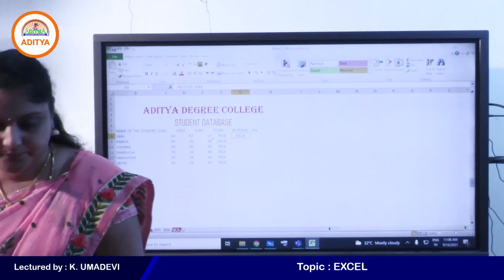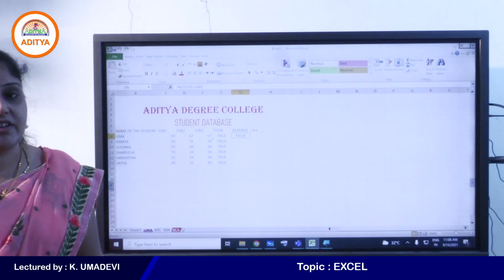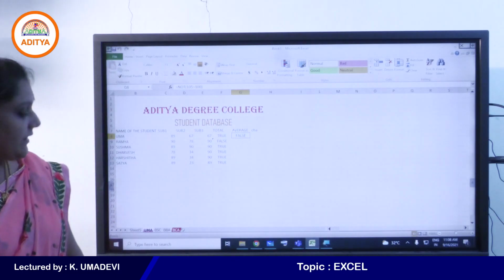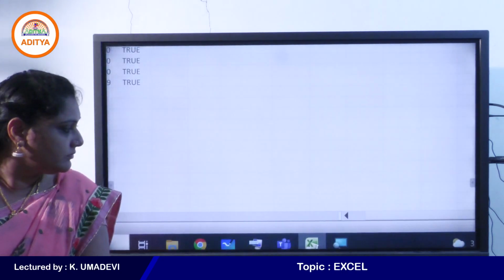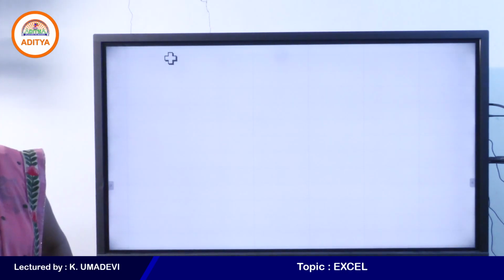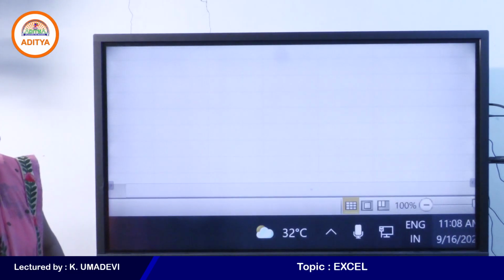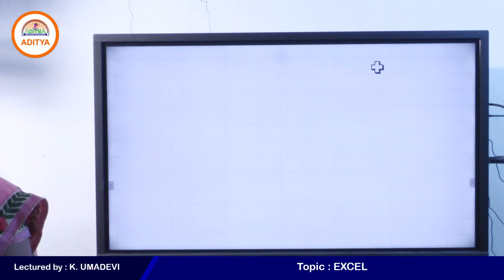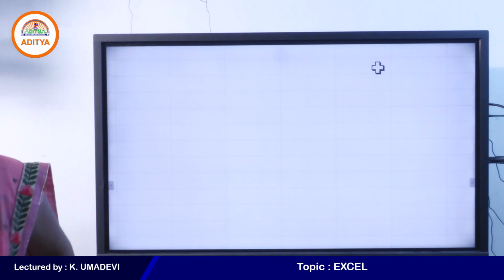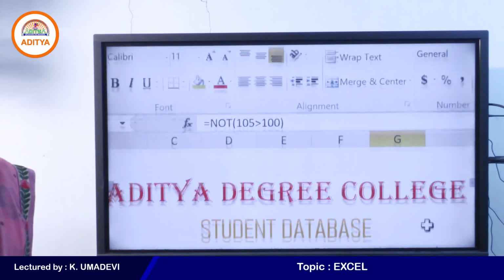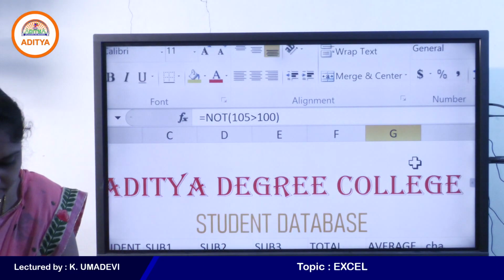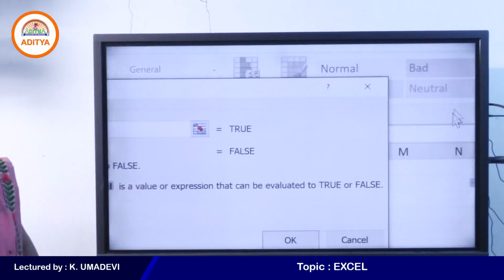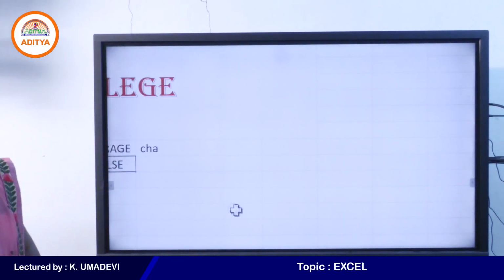So I'll zoom the screen. What is the shortcut key for insert function? Shift plus F3. Okay, let's select another cell.